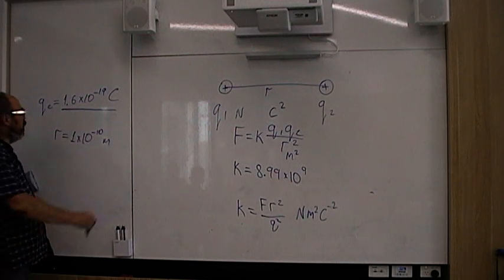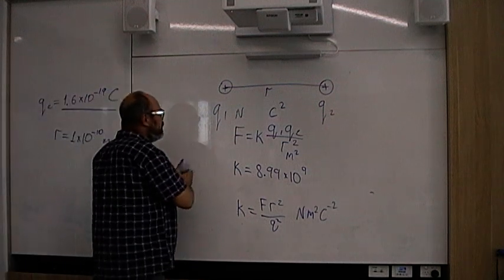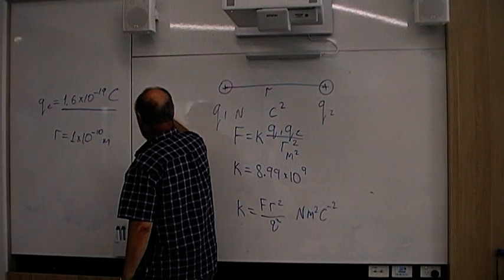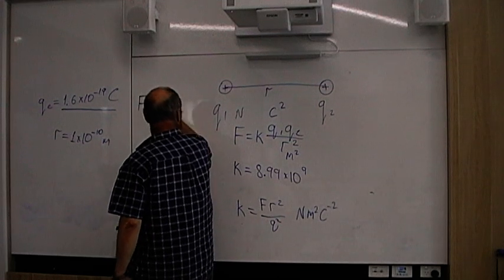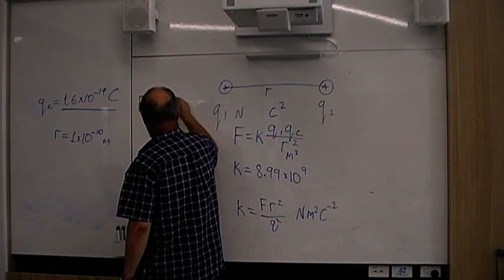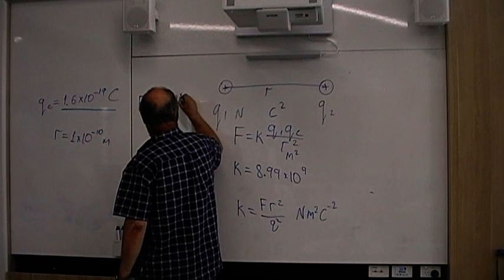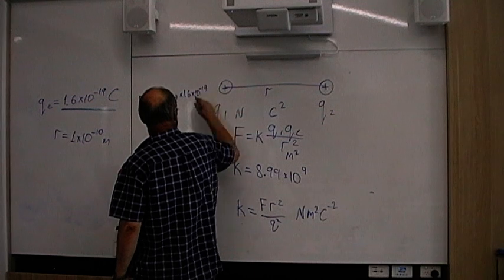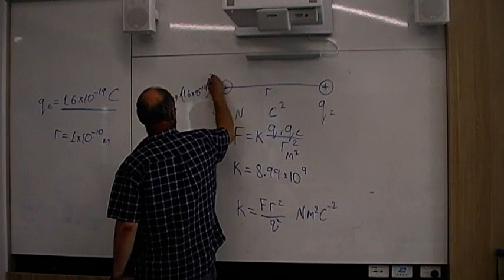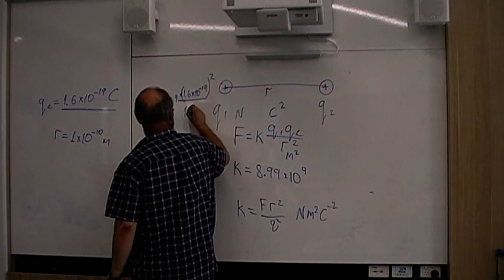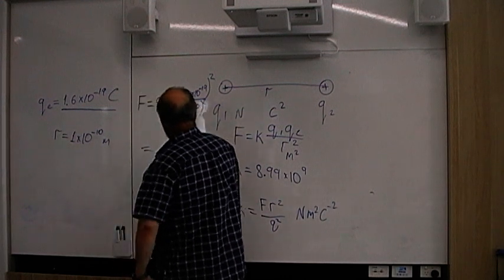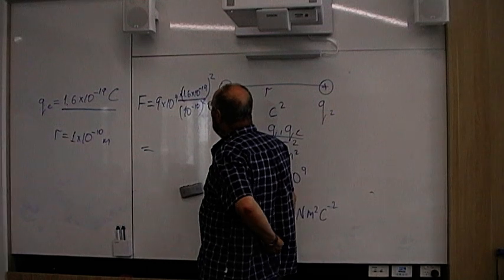So let's calculate the electrical force between them. We have 9 times 10 to the power of 9 times 1.6 times 10 to the negative 19, squared, over 10 to the negative 10 squared. That will be equal to